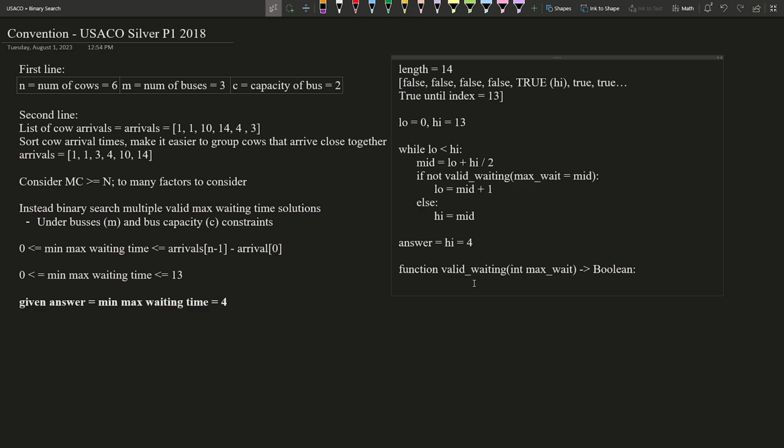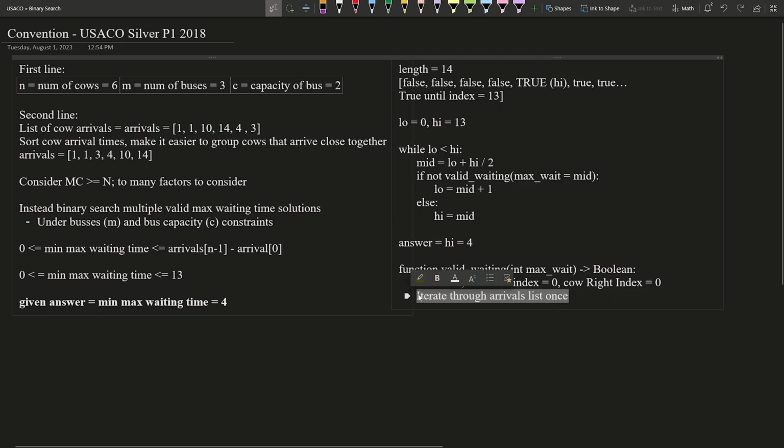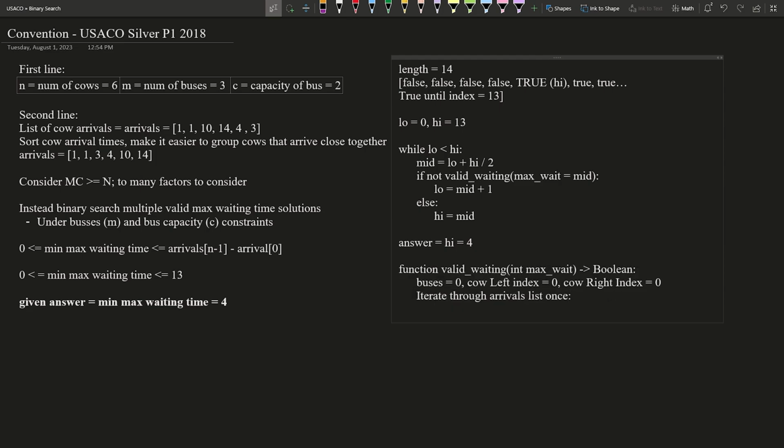That means I have to iterate through the arrivals list once, right? So how are we going to do that? First we have to start with a couple of variables like buses, and then cow left index and cow right index. Now you can imagine this as a while loop here. And then we're going to constantly use two pointers or a sliding window. It's kind of a hybrid of both techniques